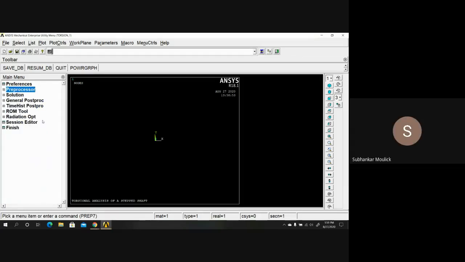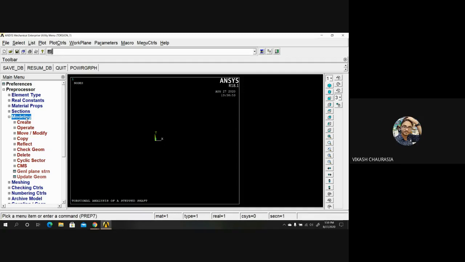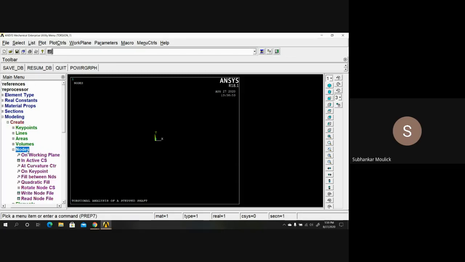Modeling. Yes, we need to model the geometry. For that, click on Preprocessor and find where Modeling is. Modeling. Then next, Create. Okay. Next, Nodes, because we are creating through nodes. Earlier we have given the coordinate points of nodes only. Nodes, then